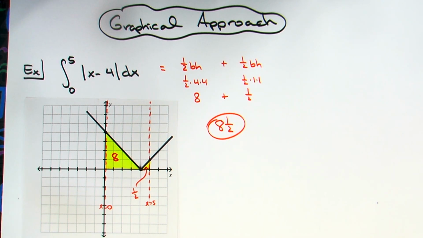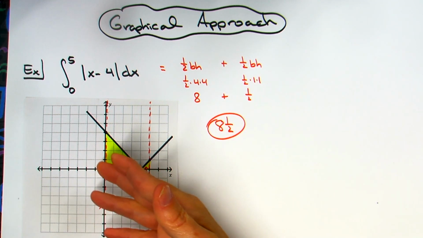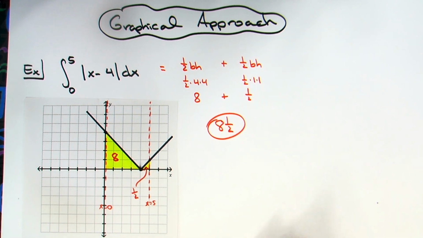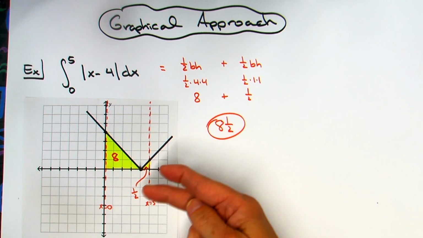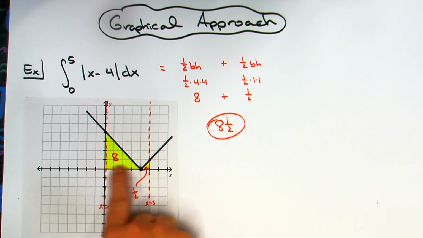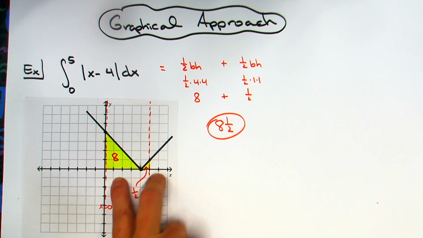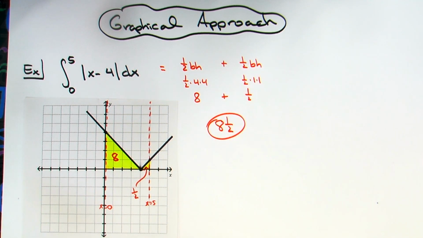But just a basic understanding of what an integral is: we're finding the area under the curve. Now most of the time we take an algebraic approach. We use some of our integration rules, that sort of thing, because the expression or the curve is too complicated to graph. But this one is a really nice little graph, and as a result, we got known shapes that we knew how to calculate the area of. So just a really nice simple problem to go back to the basics on this and understand what and why